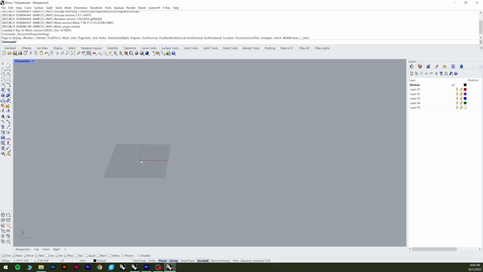Exploring the buttons of Rhino. I'm just zooming in and out here with the scroll wheel on the mouse. The right mouse button is to orbit. And in 3D, you have orbit. If you click over to the top view, so I'm just going down here to the bottom left and clicking that tab. But so in top view,